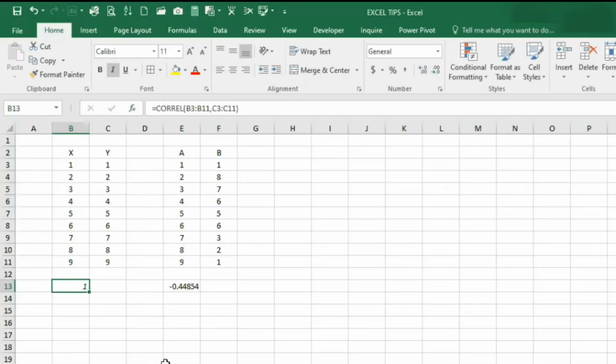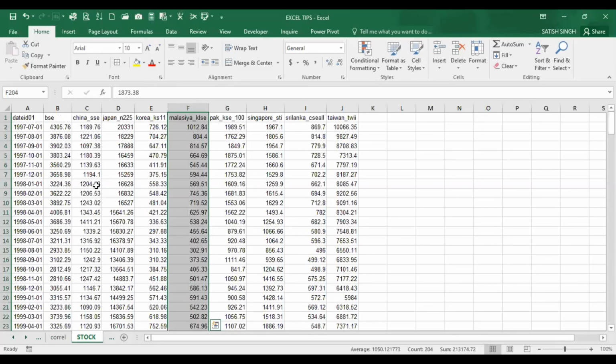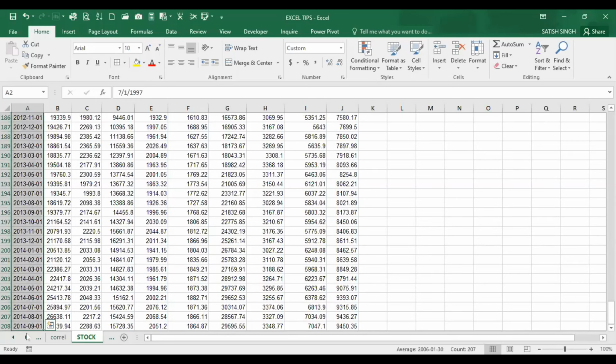Now how do we calculate correlation when we have more than two data sets? For example, this is data available with me. Here you can see the date is there, starting from 1st July 1997, and we have 208 entries.